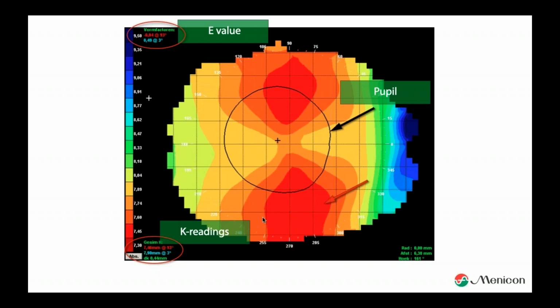Then there's another thing. Red means steep. The redder it is, the steeper it is, and the more blue, the more cold colors, the flatter the eye is. And you will see that I use a lot of Medmont images in this lecture. Why? Well, it's worldwide the most used topographer, that's for sure. But it is the topographer I use in my own practice as well, and that's for me the main reason, because I use a lot of images that I gathered in my own practice. But every topographer has in common that when it is red, it is steep, and when it is blue, it is flat. So you can always translate it to your own topographer.